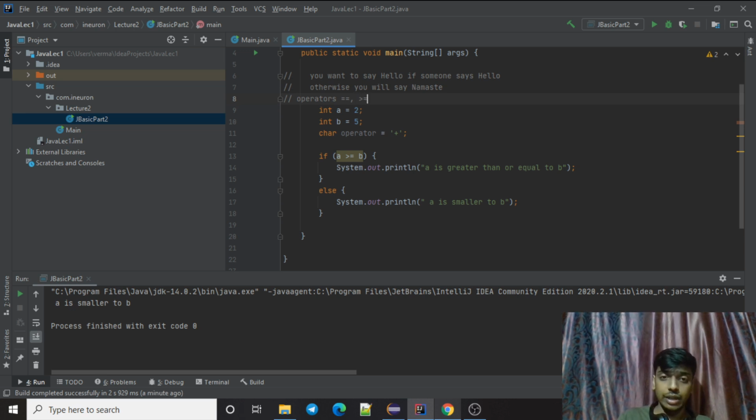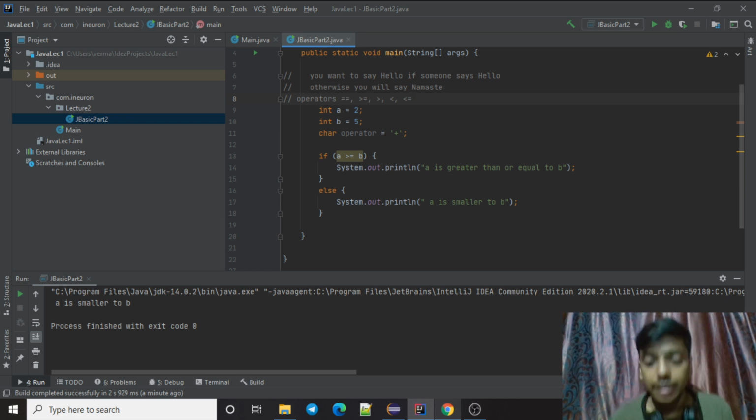There is this greater than equals to, which basically means either greater than or equal to. There is greater also. There is less also. There is less than equals to. Right? Am I missing any operator? Then there is also the not equal to operator.